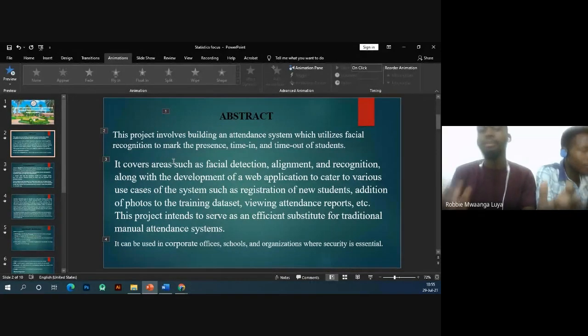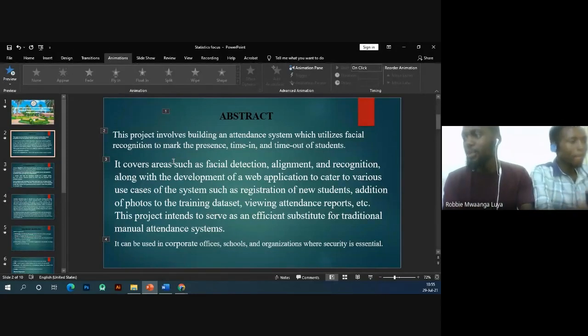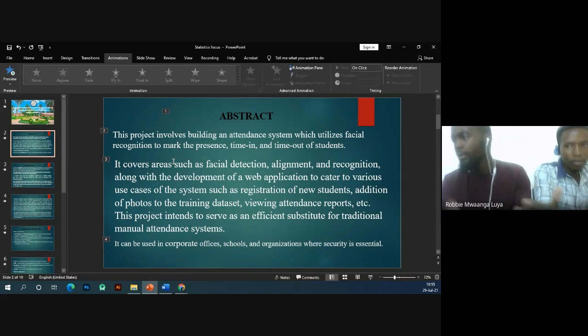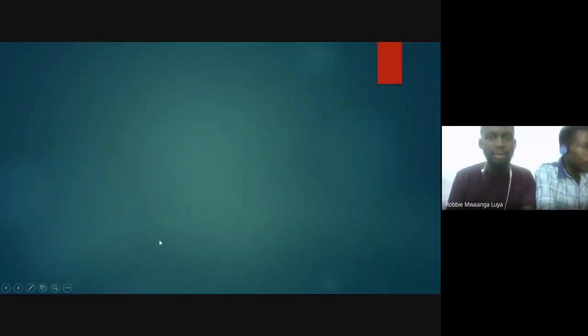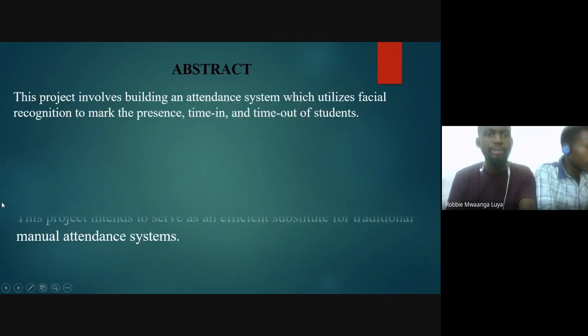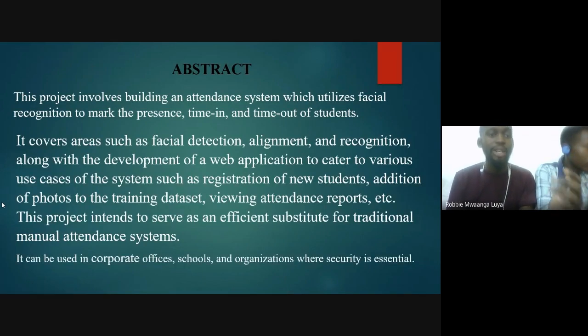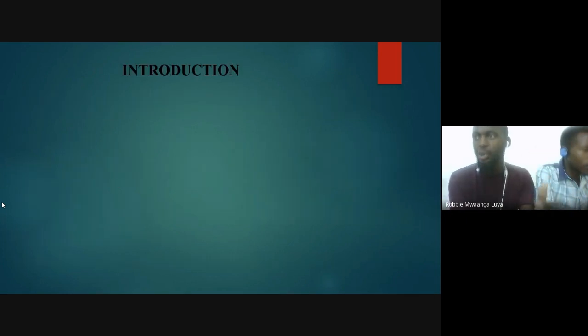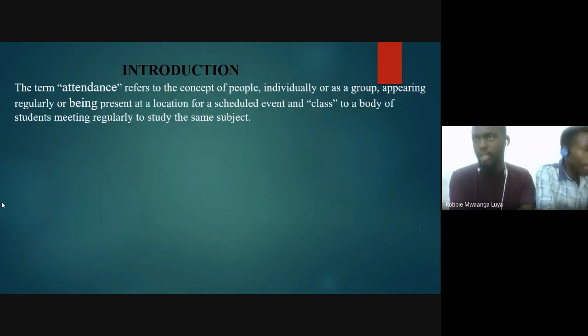So the main purpose is to substitute the traditional manual attendance system, which is writing attendance names on a piece of paper. Therefore, this system can be used in different entities, such as corporate offices, schools and other organizations where security is essential. For our introduction, we will refer to the first term, which is attendance,